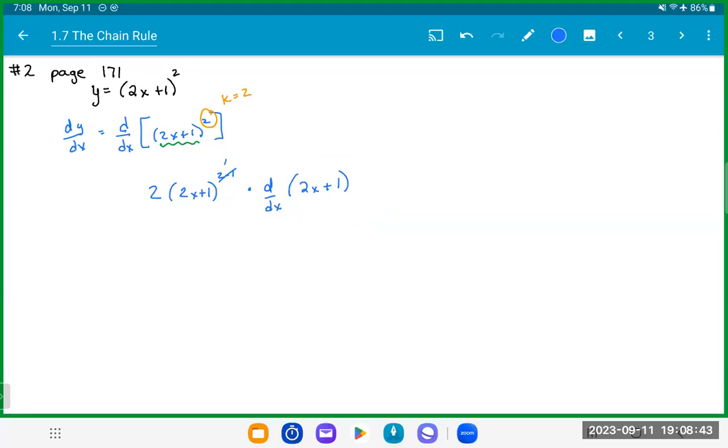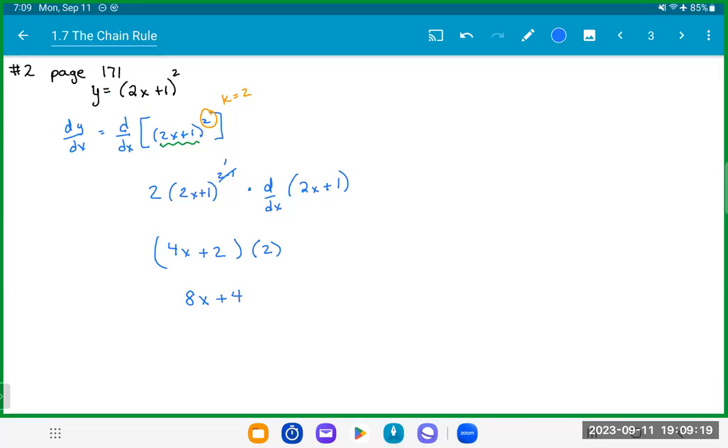So this is 2 times 2x, which is 4x, plus 2 times the derivative over here of this. The derivative of 2x is 2. The derivative of 1, it's a constant, so that is 0. So now I can simplify this and I get 8x plus 4. So my derivative of this